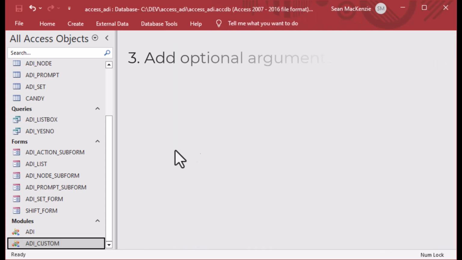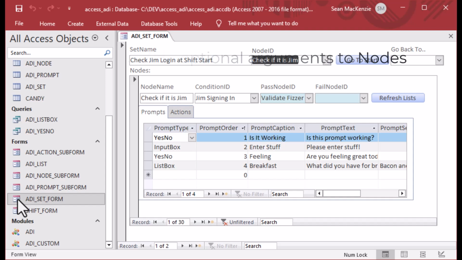And that'll set us up so that the user can choose that. They can choose the function if they are looking for whatever the last selected answer was in the list box there. And so now we can open our ADI set form and see what we got here. So we've got our node name, our condition, pass and fail, and this condition ID is something that we are